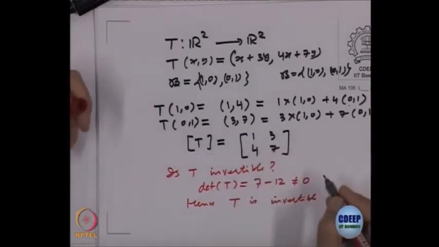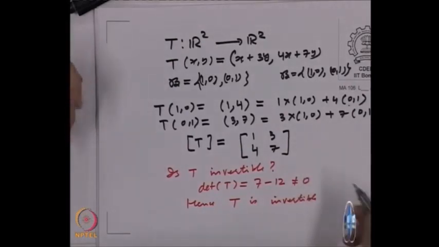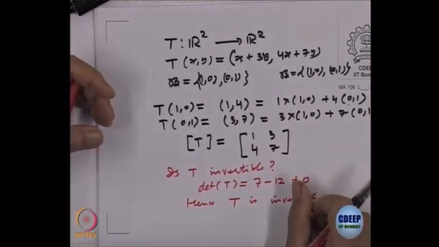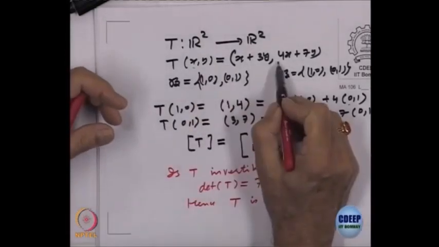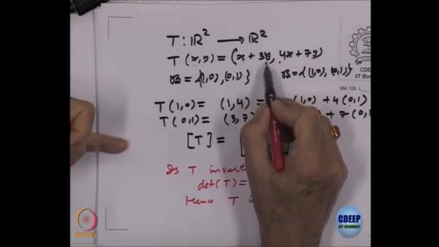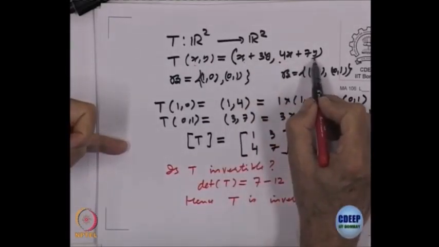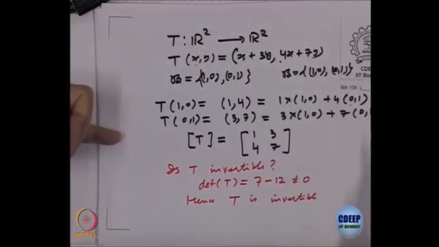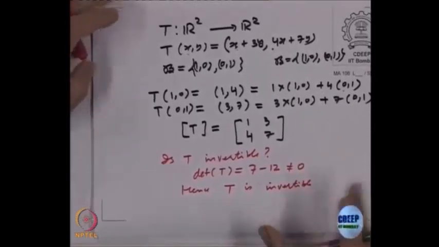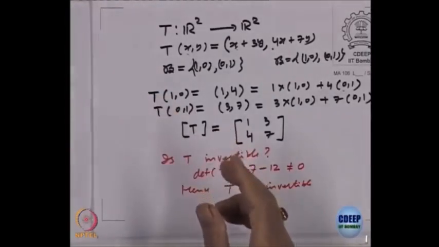That is because our matrix is 2 by 2, so computation is simple. Even 3 by 3 will be okay. Or you can directly try to compute: T of (x, y) equal to 0 should imply x is equal to 0 and y equal to 0, that will mean T is 1-1, that is good enough. So, that will mean x plus 3y equal to 0, 4x plus 7y equal to 0. Solve that and see that x comes out 0, y comes out 0, that proves T is 1-1. That is also good enough. So, whichever you find easier in a particular example you can do. So, T is invertible. What do we want to do now?